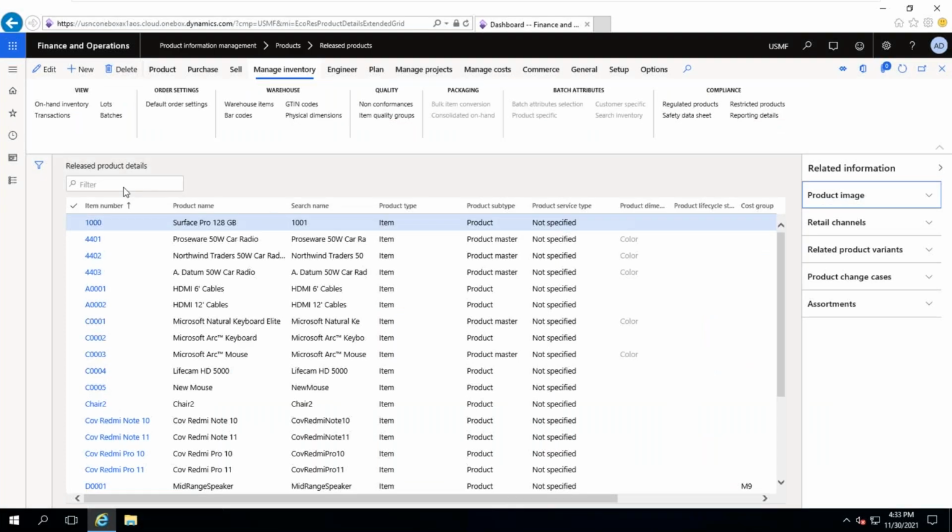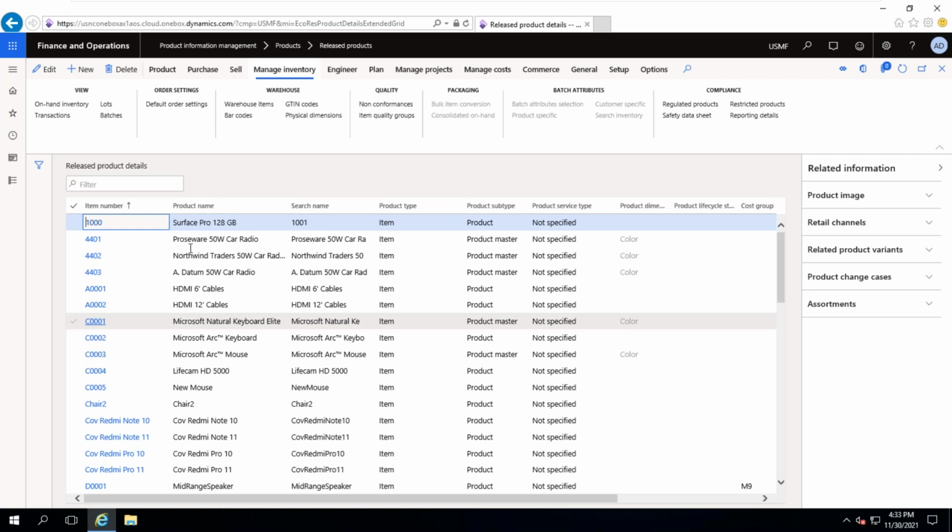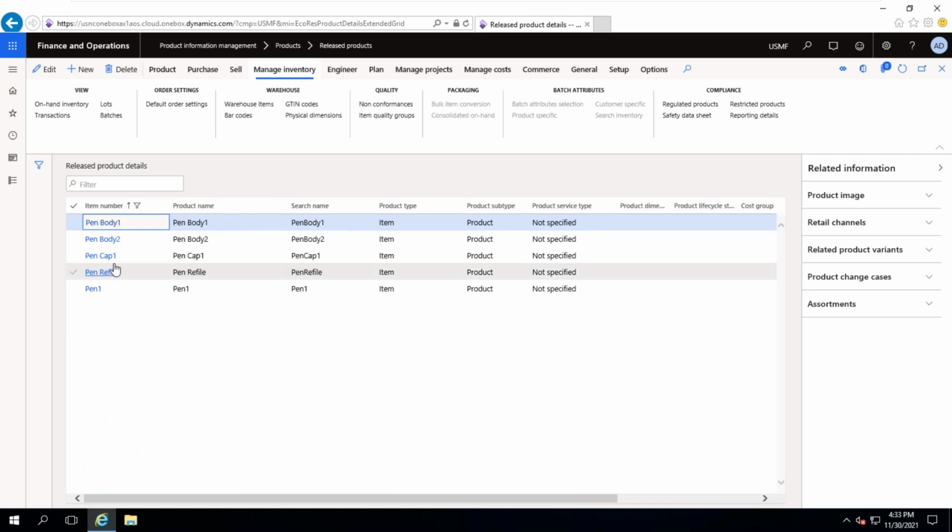So to produce the pen we have created a BOM earlier. To produce the pen, we need pen cap, pen refill, pen body 1, pen body 2. This is the BOM. So for this pen, we made, in the manage inventory or plan tab,